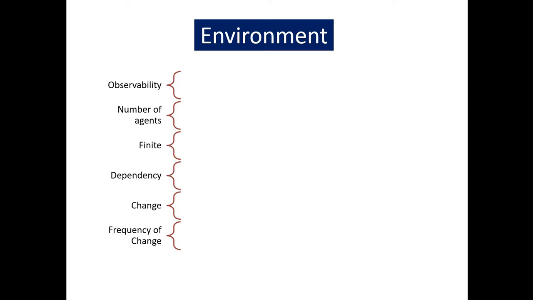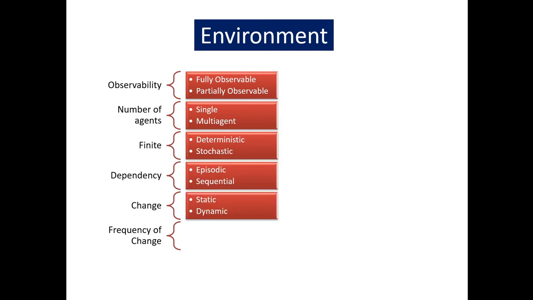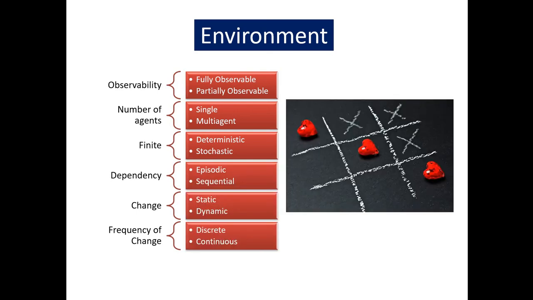So depending on the observability of the environment, we have two: one is partially observable and another one is fully observable. Then these are the varieties that are available. Let us try to understand one by one. Looking at fully observable and partially observable, you could see on screen the figure of a